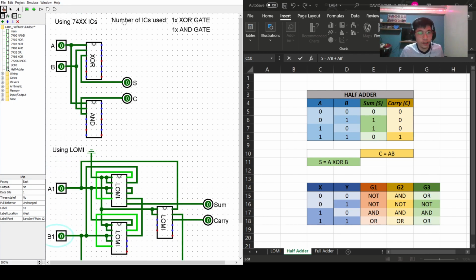Now comparing the numbers, number of ICs used. For the LOMI, we could actually see that we made use of 3 times LOMI. So when comparing the use of the half adder with the use of 74XX ICs compared to the half adder with the use of LOMI, we could see that the